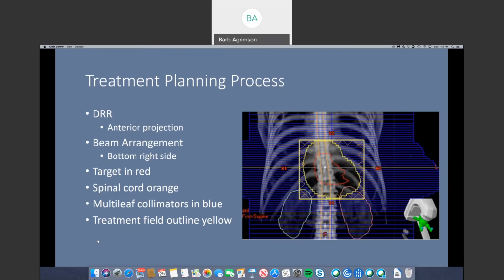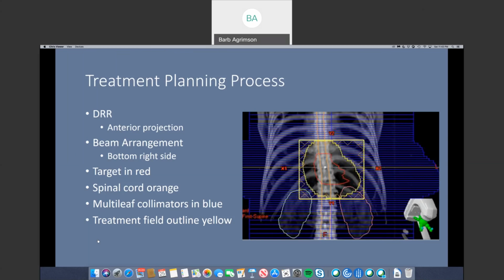The DRR image is part of the planning process, and the beam is placed, in this case, near the target, which is the red outline. And the treated area is the yellow outline, which is about 2 centimeters beyond the target. The blue lines are referred to as multi-leaf collimators, or MLCs, and they represent miniature leaves that conform to shapes determined by the dosimetrist. In this picture, there's about a 2 centimeter margin between the MLCs and the red target volume. Margin is necessary in order to get an adequate dose to the target without